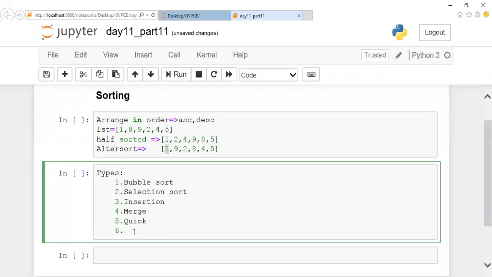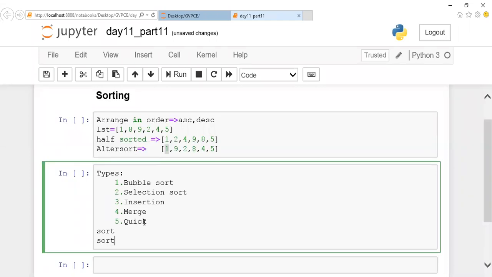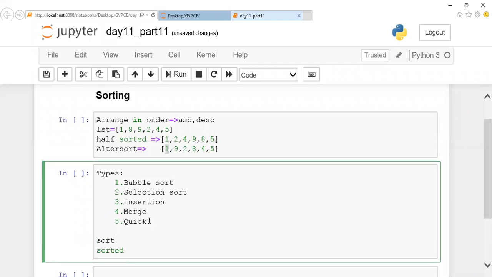So you people might have a doubt. Somehow we have methods called sort and sorted, isn't it? So we can use those predefined methods. Why should we learn all those things? This sort and sorted technique is going to arrange the data in a particular order. Before that, you should know what is the efficient sort among these and what algorithm sort and sorted is following.